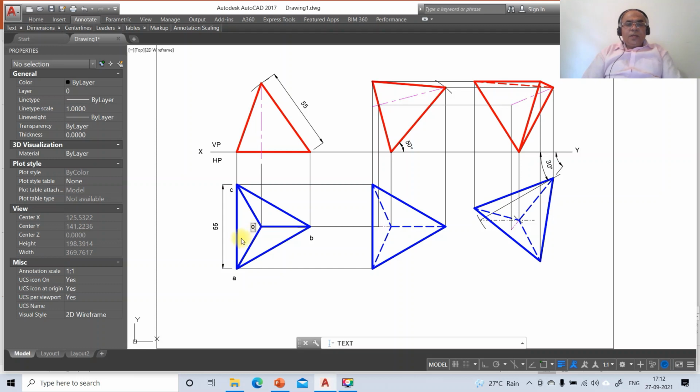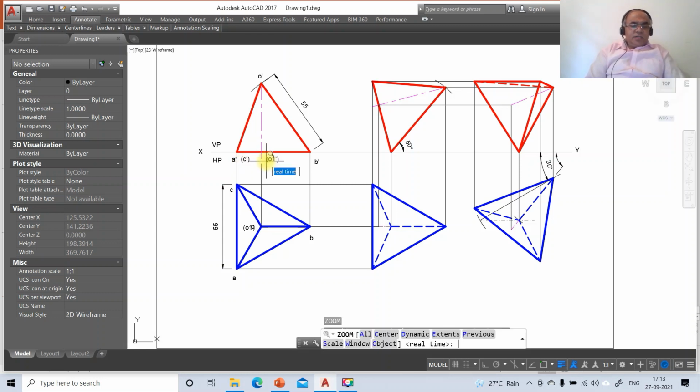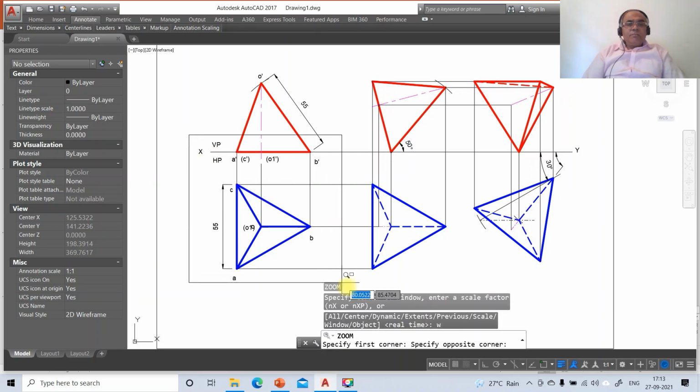Here it is O and here it is O1 in bracket. So this is O dash, so this is A dash, this is B dash, and this is C dash in bracket, and this is O1 dash. Once you do that, then you just go to zoom window,